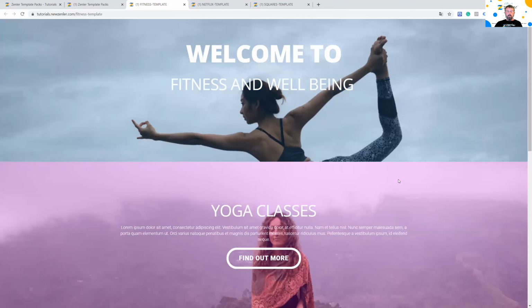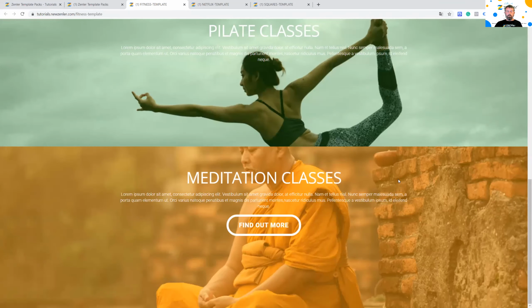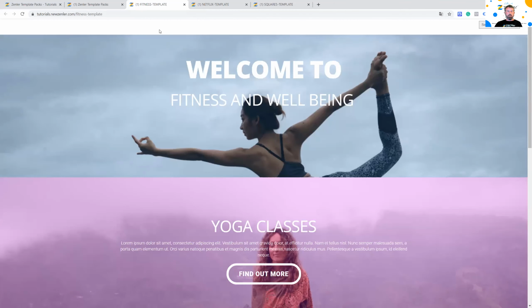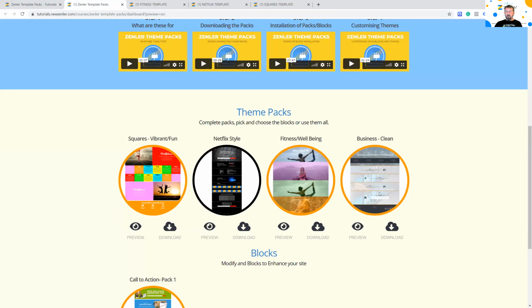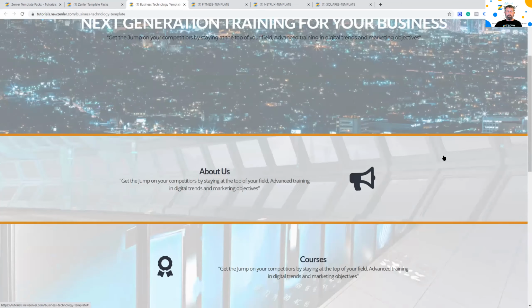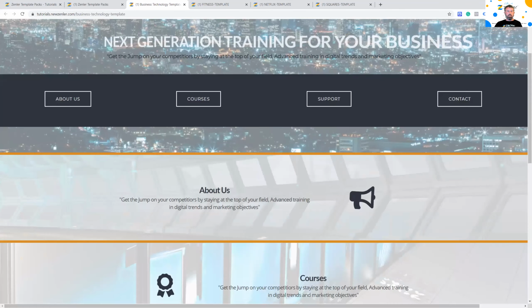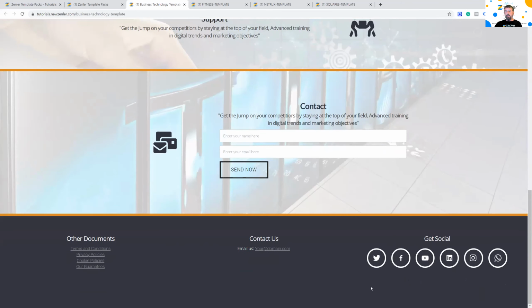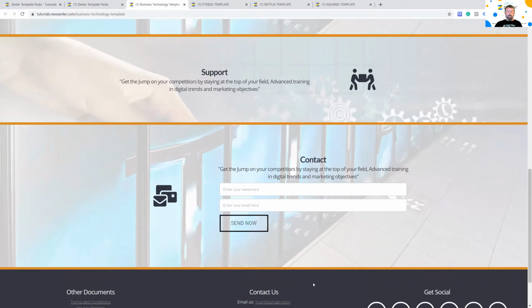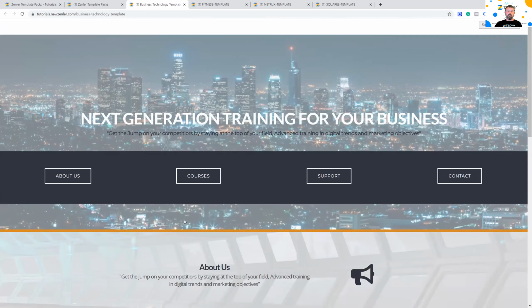Next, we've got fitness and well-being. So we did a series of these as well in here. So these are like blocks really. You notice it's got no header on this one. And I've got a business one that I'm still kind of working on, but this is kind of a business type template. So you've got your social, so you can pick and choose. But this template, by the way, has the art files for the social media. So you can take them out, you can change the color of them and upload them in there. So there are some additional assets in some of these things as well.